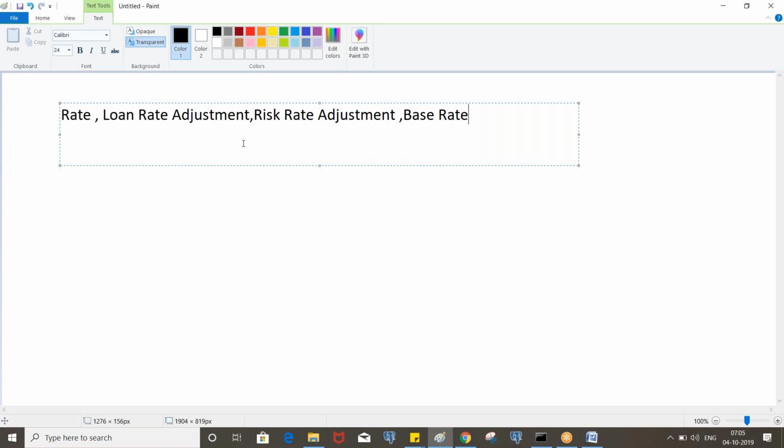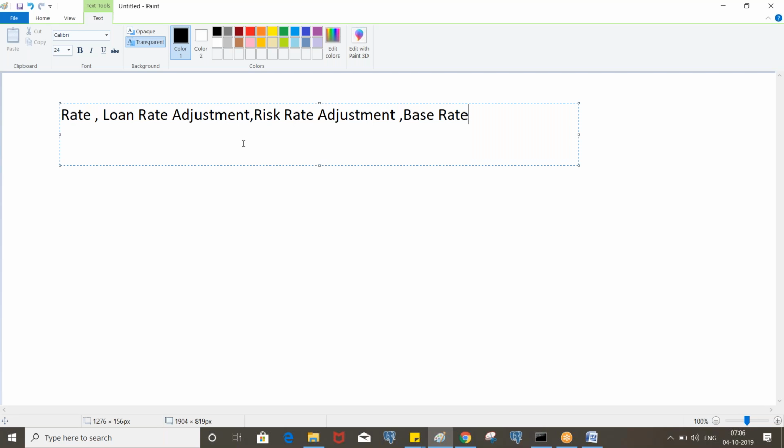Similarly, for each loan type, purpose and terms, we are determining the loan rate adjustment. And the risk rate adjustment is based on the credit score. If your credit score is more, the risk rate would be less. If the credit score is less, the risk rate would be more. And the base rate will be some fixed value.